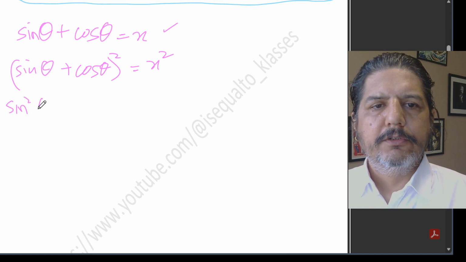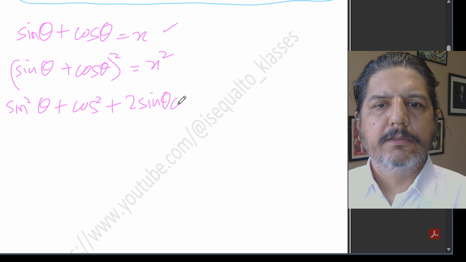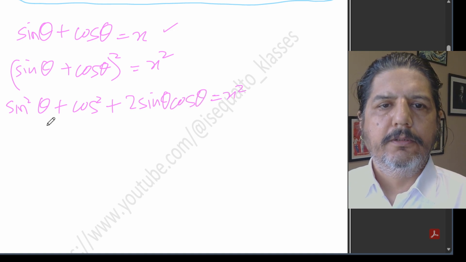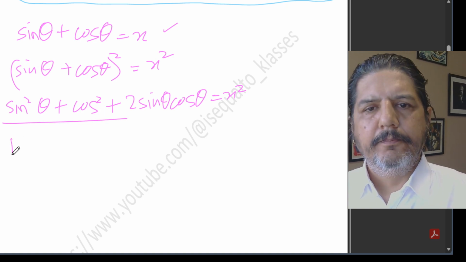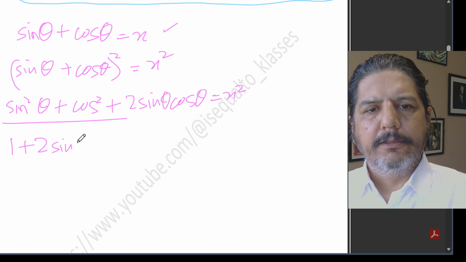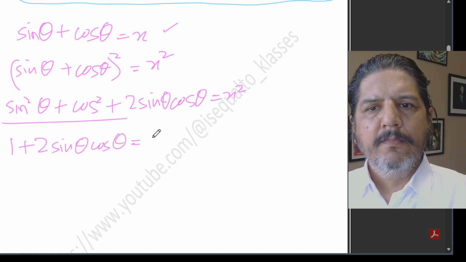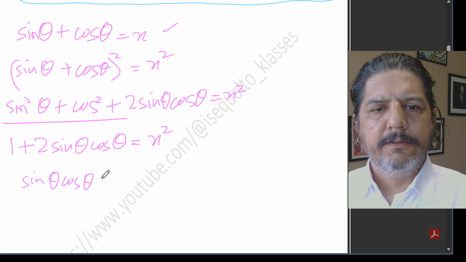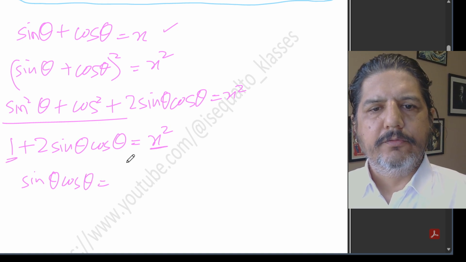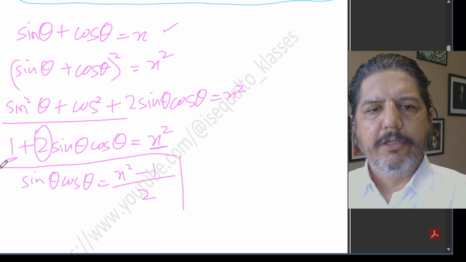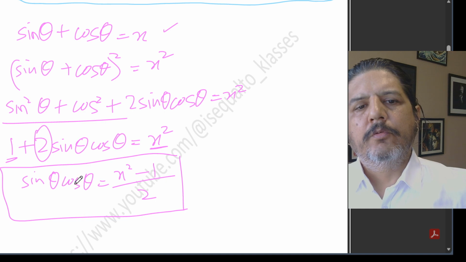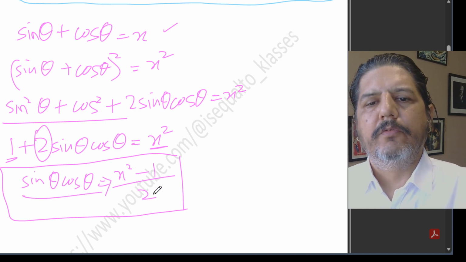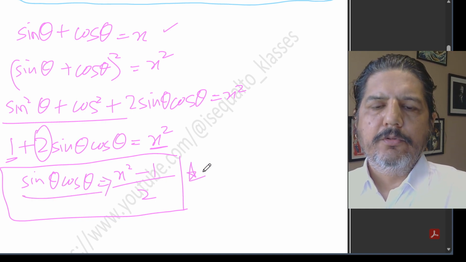This will be equal to sin square theta plus cos square theta plus 2 sin theta cos theta is equal to x square. Now sin square theta plus cos square theta is 1, plus 2 sin theta cos theta is equal to x square. Therefore, sin theta cos theta would be equal to (x square minus 1) whole upon 2. So this is the value of sin theta cos theta that I have found. So my sin theta cos theta is equal to (x square minus 1) upon 2. Now this is what I'll be using for